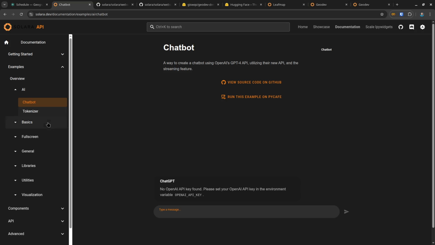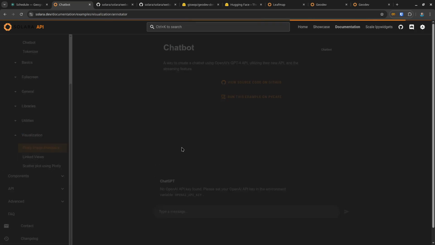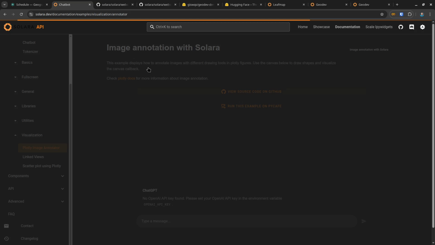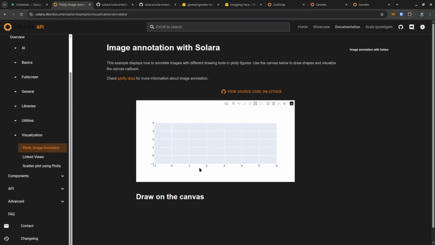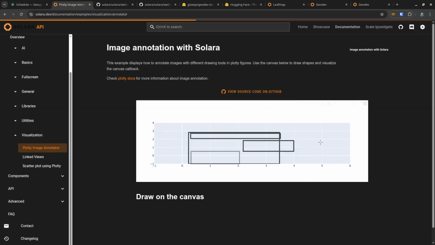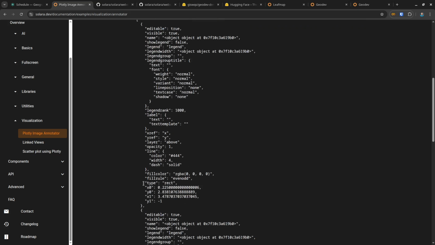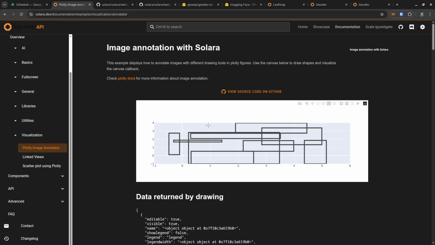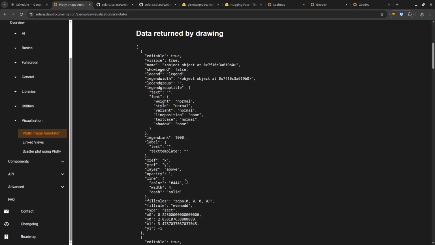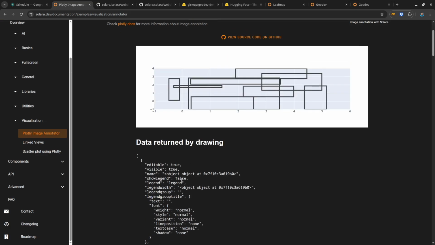No AI key, so you need to provide the key. But you can have some visualization, Plotly, for example, here. And you see at the top, right? It's actually running. That one is actually doing something. So you can actually draw stuff, right? And the nice thing about this is it's bi-directional. That means whatever you do interact with the plot, all the information is being returned. So that means you know exactly what the user